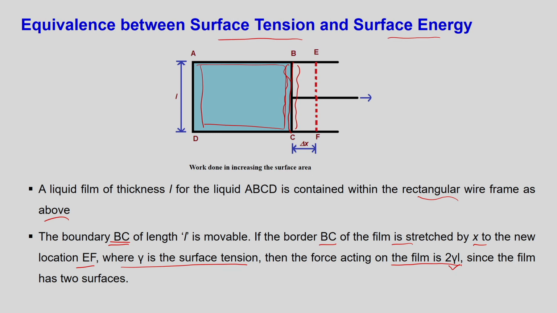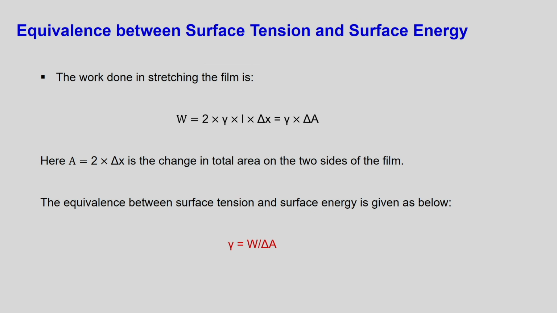Okay. So, mathematically you are doing some work. So, work done is there in increasing the surface energy. It means 2 times the length into surface tension, multiplied by delta x, that is the amount of displacement which you have executed from BC to EF. So, this distance is nothing but delta x. For work done you require some displacement, and this is delta x.